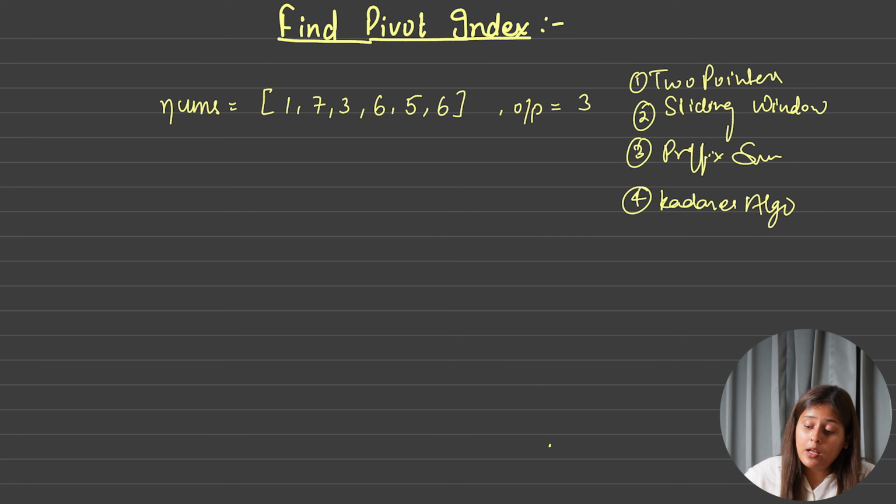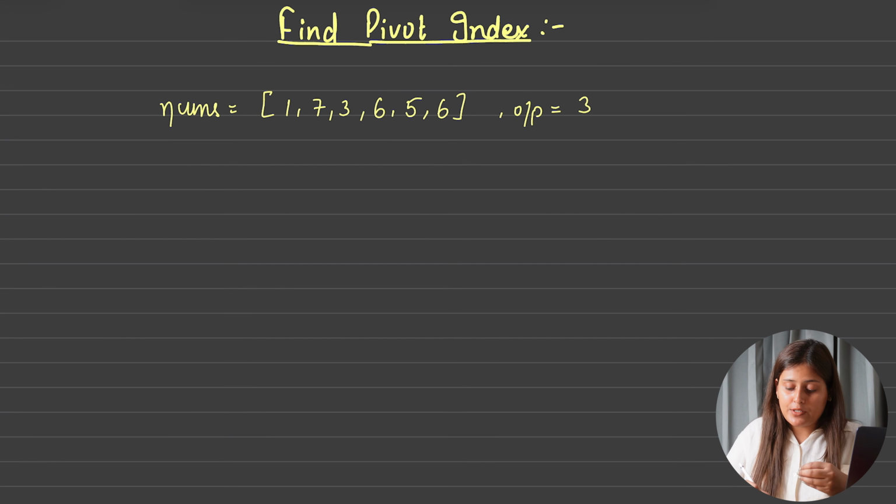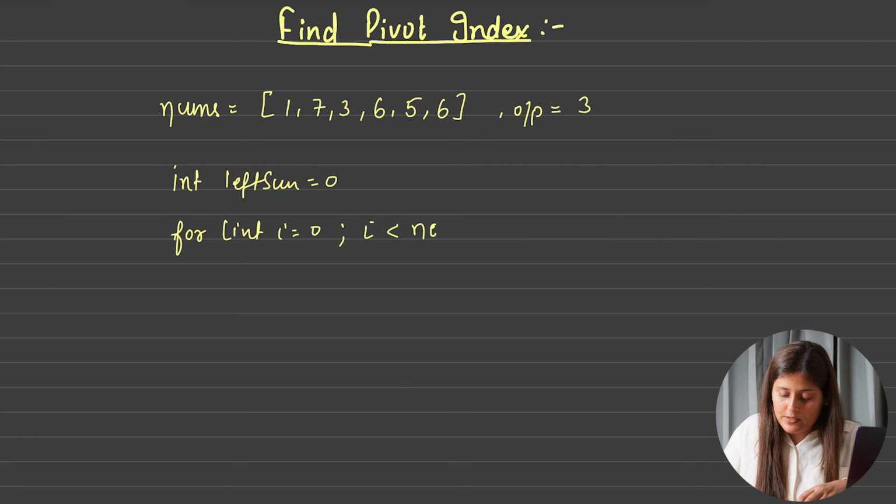So I am saying we will apply the prefix sum idea in this. How we will apply? So let's code for this. We want to calculate the left sum, correct? So for left sum, we want to initialize our left sum variable, int leftSum is equal to 0. Now if I am standing here, can I calculate this in left sum? No, I cannot, correct? So I want to run a for loop for int i is equal to 0 until i less than nums.length, let's say n only, and then i plus plus. Okay, now what I want, if I am standing at this index i, my left sum is 0 only, correct?